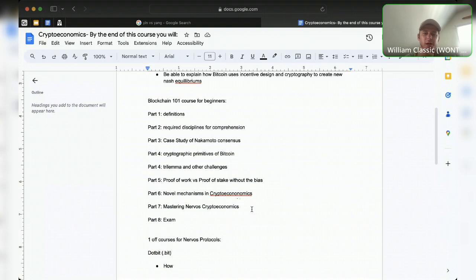So we're going to look into it as a case study. And it's not to say that this is the right way to scale a blockchain or it isn't. It's just going to be an interesting case study on how you can tweak incentives to get people to basically work together and have mutually beneficial outcomes. Part 8 would be the exam on all this, and each section would have a quiz at the end of them, so 7 quizzes, 1 final exam, and